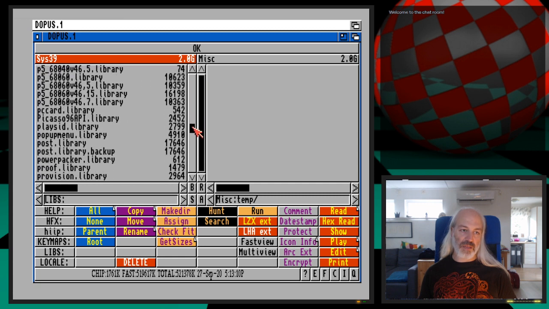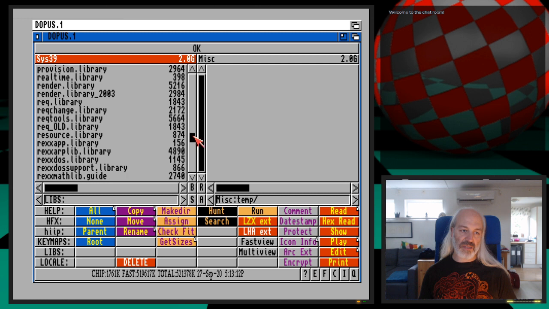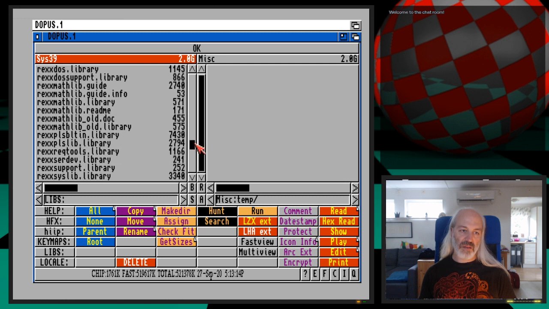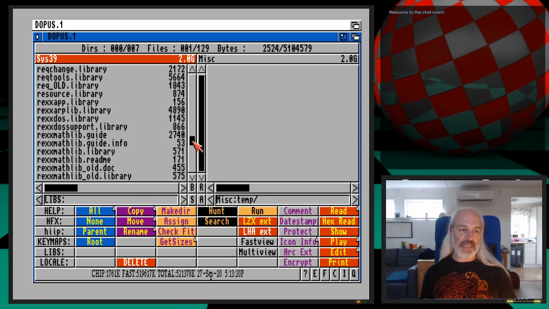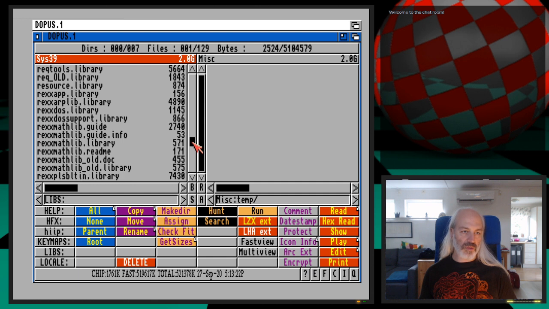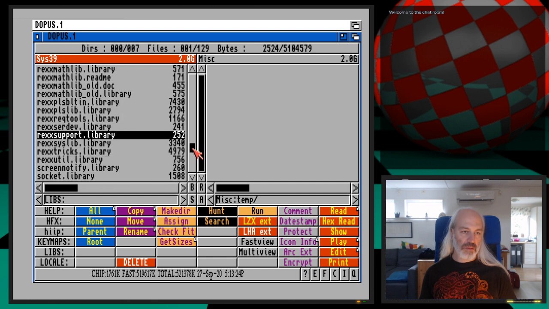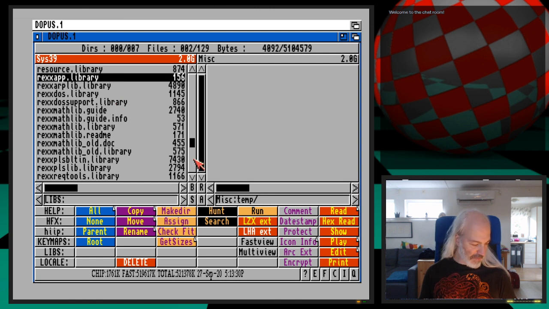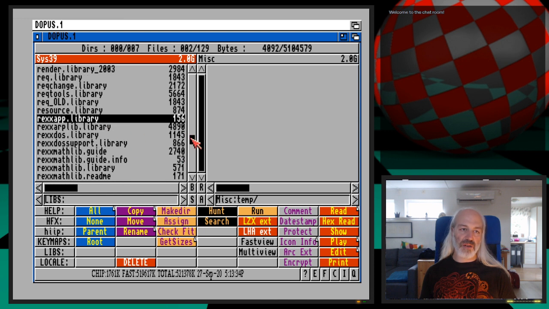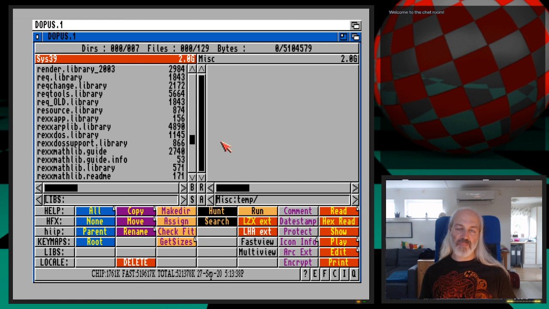So Rex support and Rex. Which one was the other one? The Rexup library. Yes. So these two libraries are required